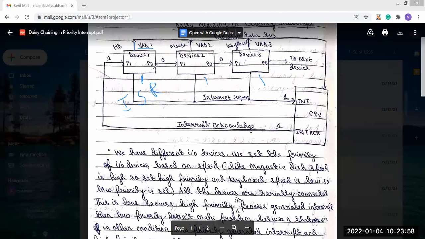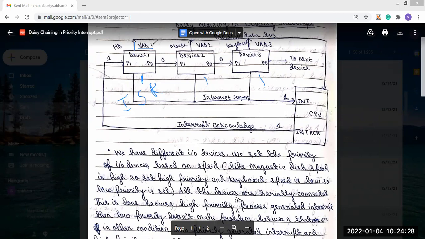That means CPU will go to check in the vector address which is produced by the device that is generating the interrupt. So go there and check the interrupt service routine address.